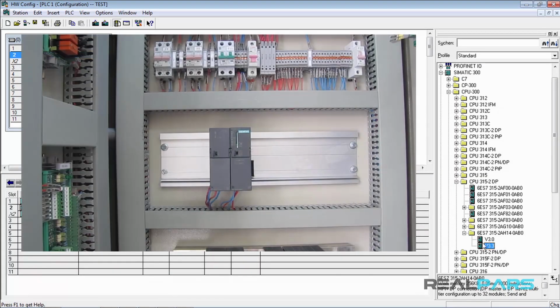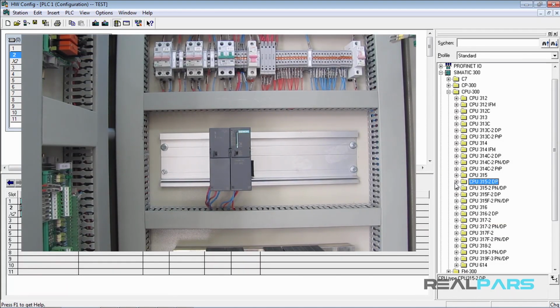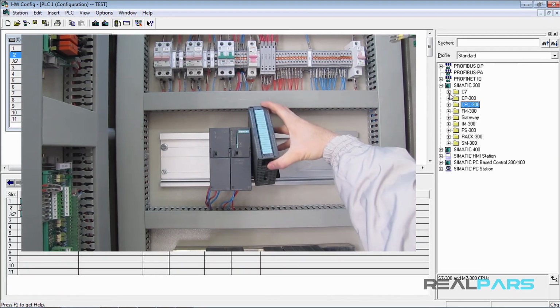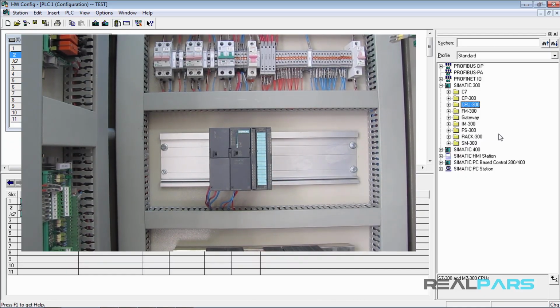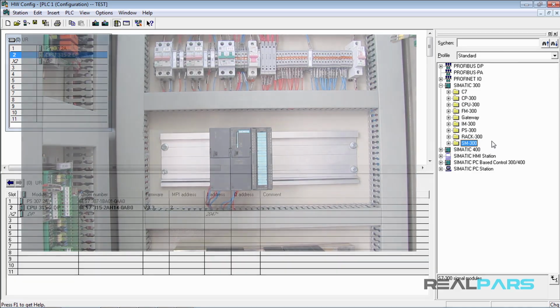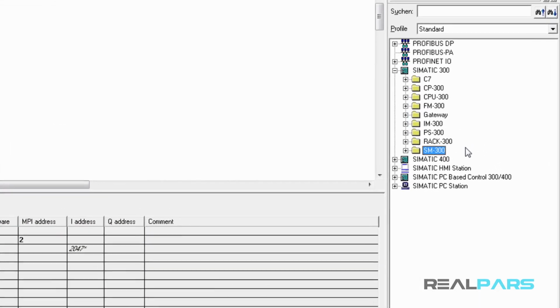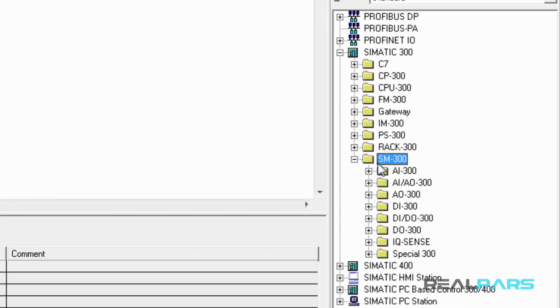After placing the CPU on the rack, we need to go after the input and output modules. The input and output modules are grouped in the subgroup of the SM300 folder in here. As you can see here, all kinds of digital and analog input and output modules can be seen. In this lesson, we want to learn how to select the desired digital input card from here and place it